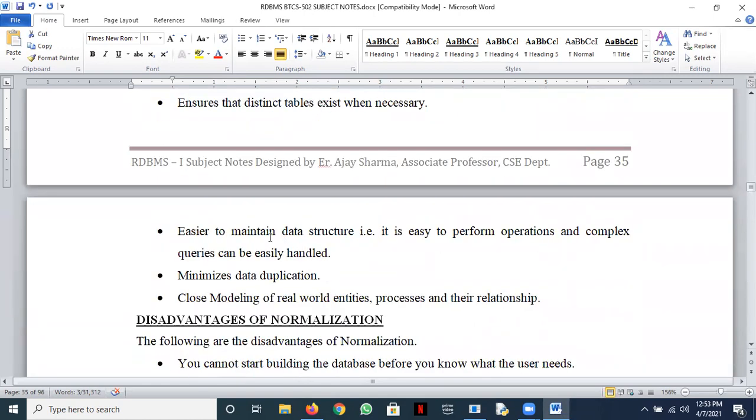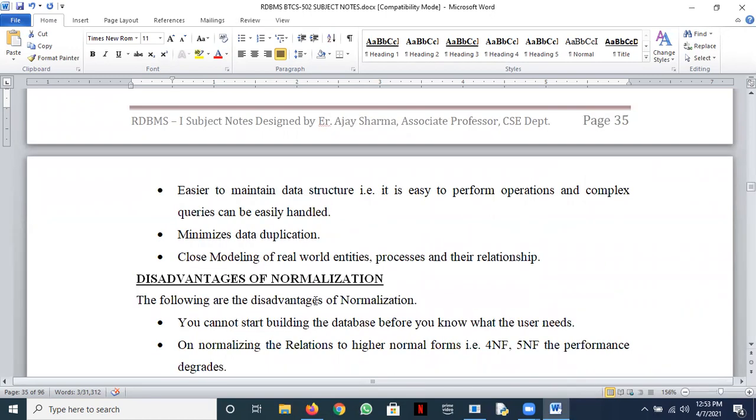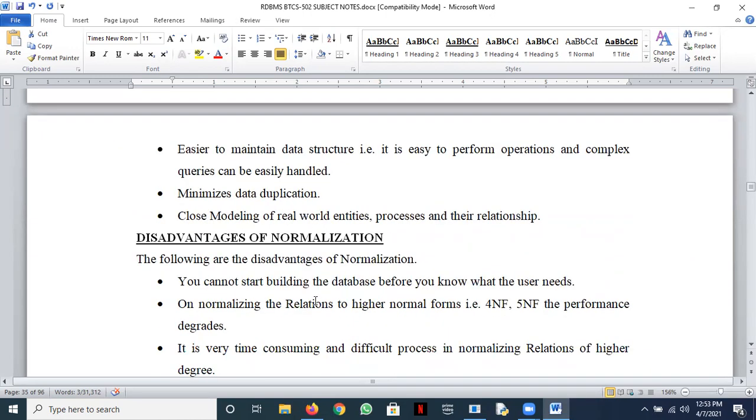Okay. And then this is an easier to maintain data structure, minimizes data duplication, and it's close to the modeling of real world entities. Whatever we have the things in the real world for which we need to create databases, then the modeling is easier with the concept of normalization. Then we have a few disadvantages also of normalization.